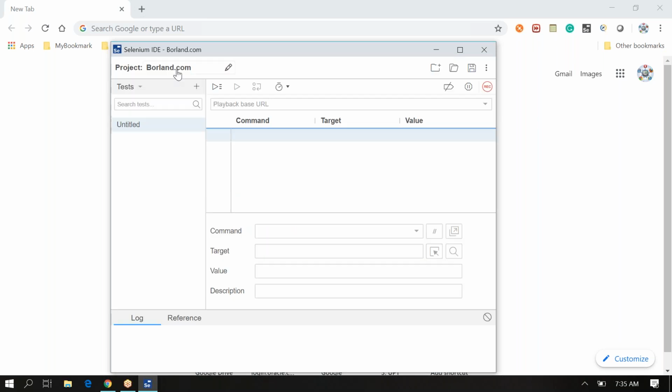So can you see here the project name gets created? If you want, you can edit it also. You click here, and if you want, you can edit the name also after creating the project. Okay. Now,